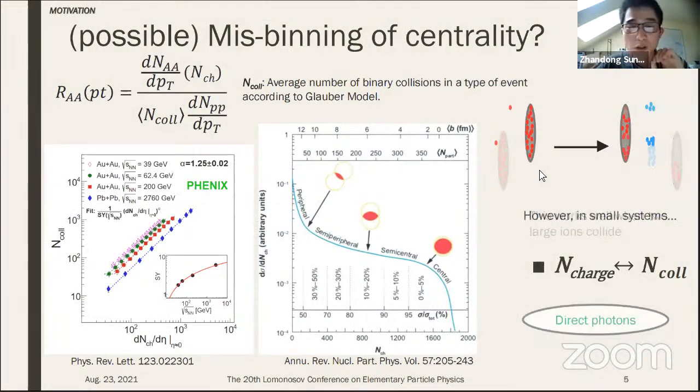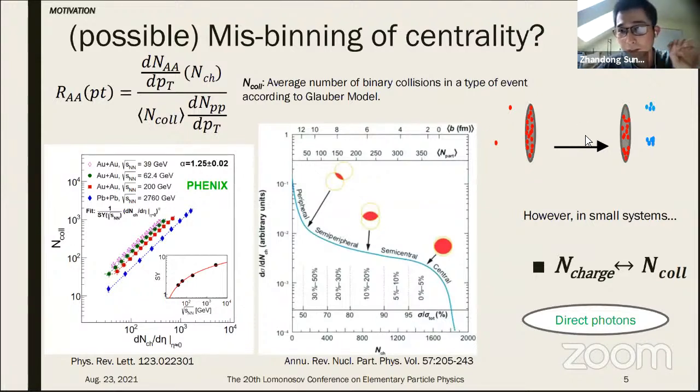However, in smaller systems, since one type of the ion is very small, this relation between the number of charged particles and the number of binary collisions might be different. Imagine when a high pT event happens in a small system, there wouldn't be sufficient background charged particles to help us find out the centrality in our experiment. So direct photon could be the best solution for us to